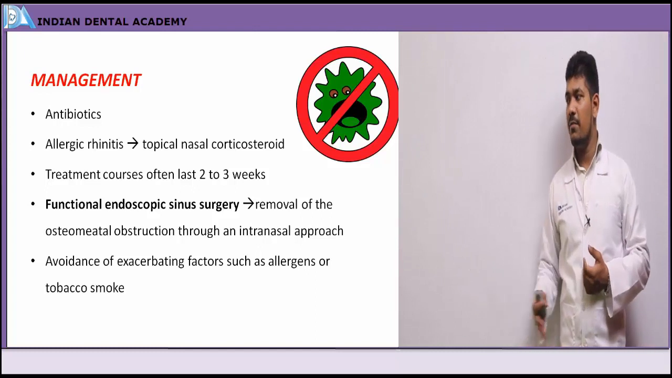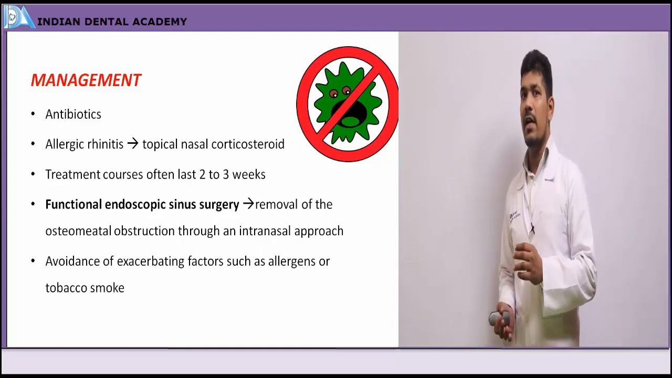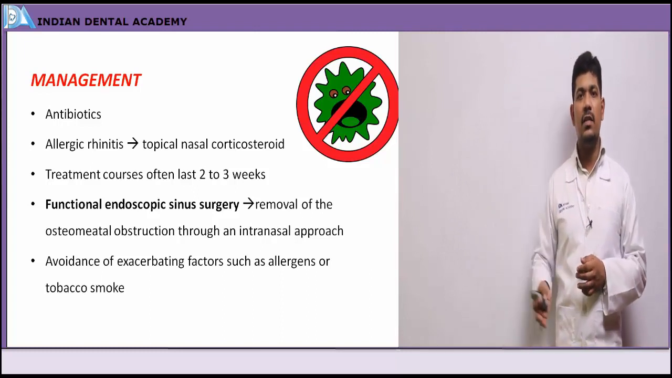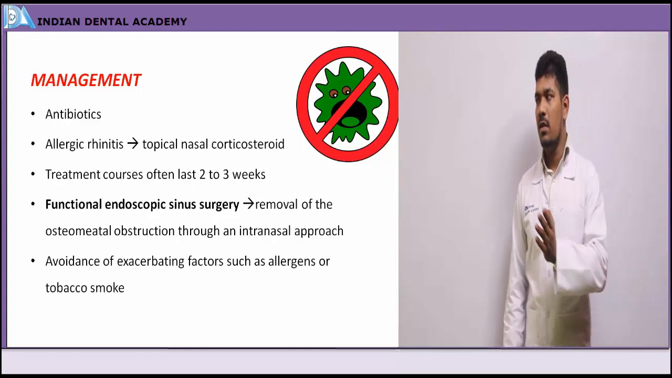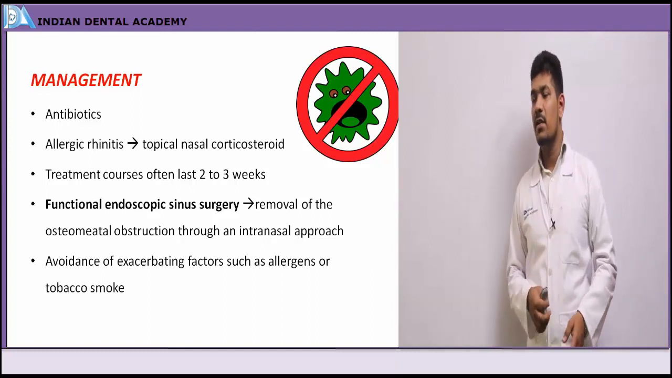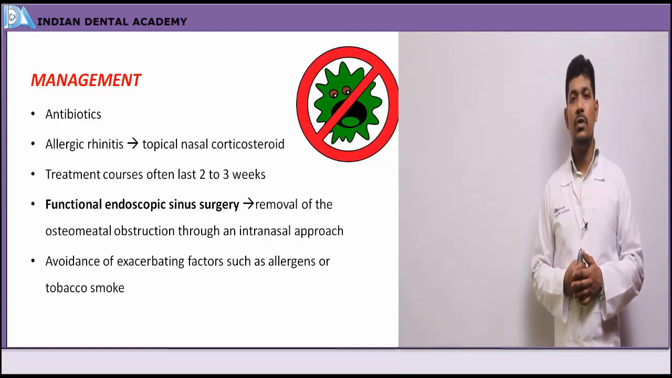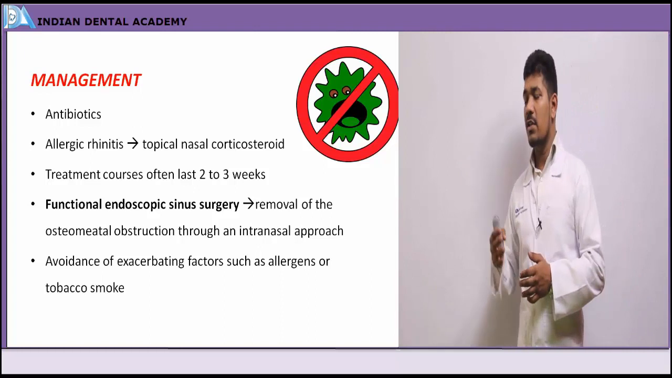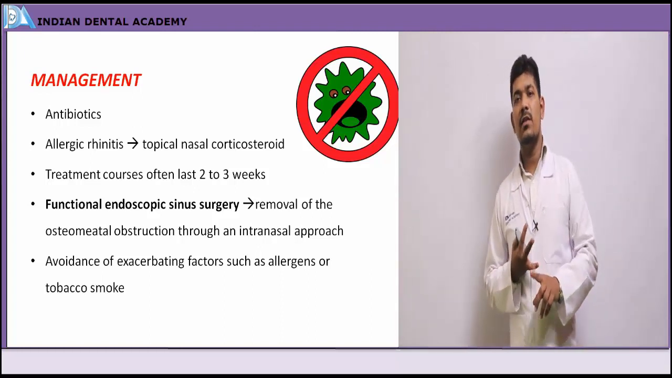As with any other infection, antibiotics are the mainstay of treatment. Allergic rhinitis, as the name suggests, is an allergic kind of inflammation, so remove the allergen, and that's your treatment for allergic rhinitis. Normally, the treatment lasts from 2 to 3 weeks, and there's also something called functional endoscopic sinus surgery,